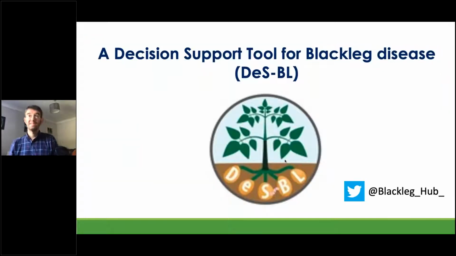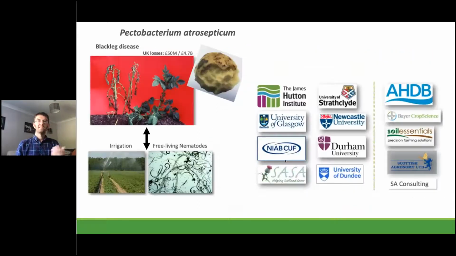So the next project also involves the soil. It's a kind of tenuous link between the two, but this involves the soil, and is led from the James Hutton Institute in Scotland by Ian Toft. And this is looking to develop a decision support tool for blackleg disease. So blackleg disease, Pectobacterium atrosepticum, is a disease of potatoes, and it has a significant cost to the UK agricultural economy. And the primary work that a lot of this project will be based upon is the fact